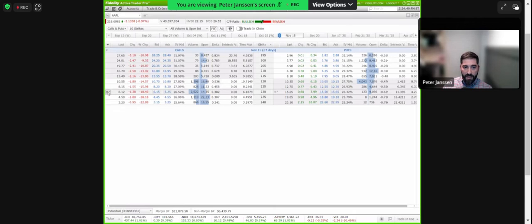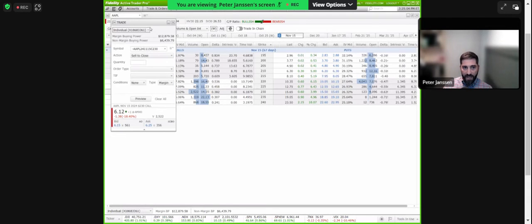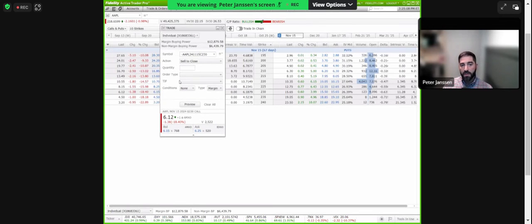Now, if you were to get into a position and then you're looking to sell to close, so you would have bought to open a position, and if you want to trade out of that, then you would be selling to close. And it looks like ActiveTrader Pro is a little bit slower on me, so I apologize. You've got the ability to come in with your quantity. You can look at these different stop orders and say, okay, if it's trading at 6.15 by 6.25, if it gets down to $6 even, then go ahead and place a stop in order to get me out.